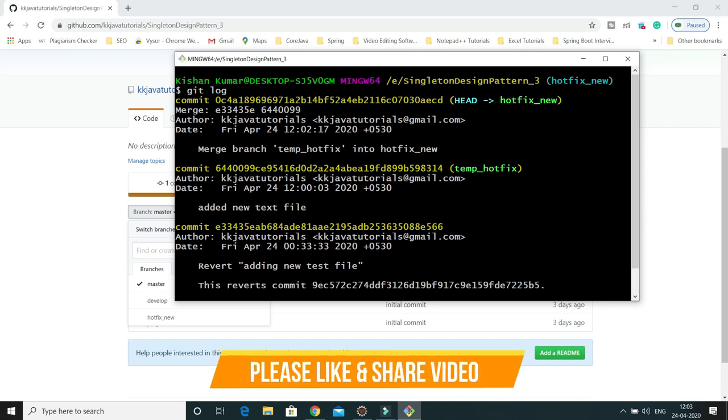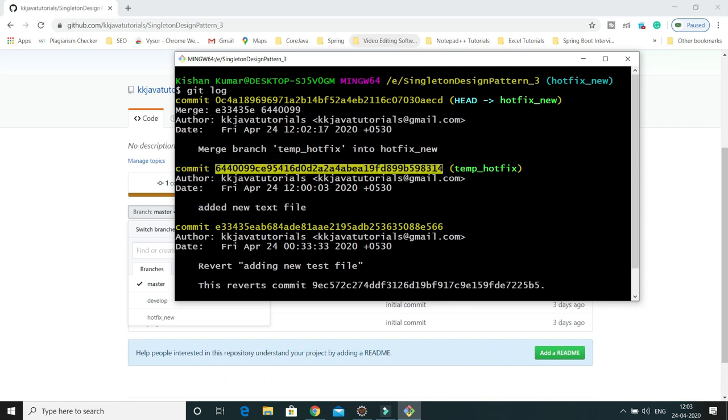the detached head feature, right? If you want to create a new branch with some specific check-in, right? So first of all you need to check out on that check-in id, and then you do whatever modification you want to do and create a branch out of those changes, and after that you can merge those changes on any branch. And before merging those changes on that branch, you need to switch on that branch, and then you can do git merge and the newly created branch which is created out of this check-in, right?